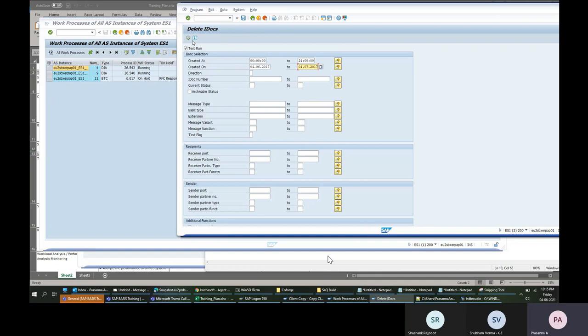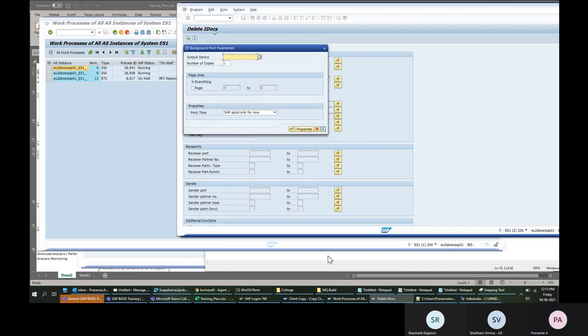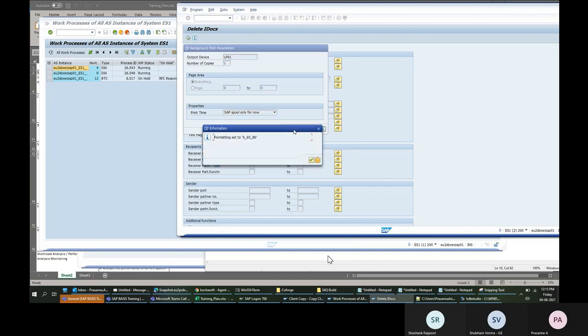If I don't want to do it now, I want to do it in the background, or schedule it maybe for tonight. So I go to program and choose execute in background. Now it will ask when you want to execute it.